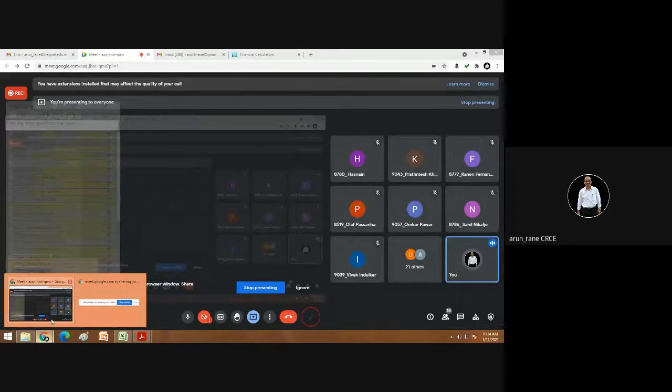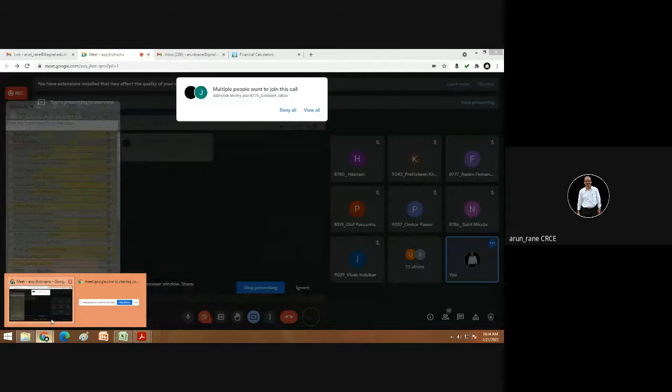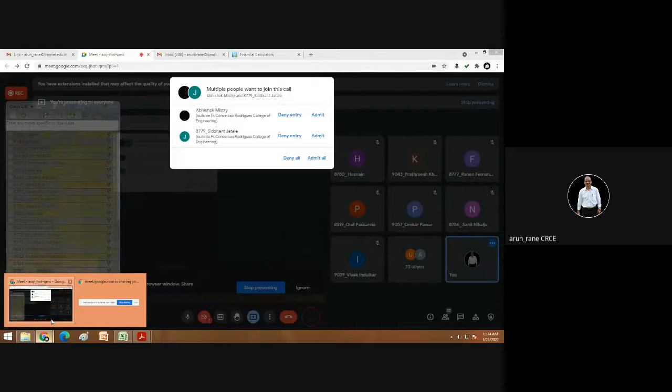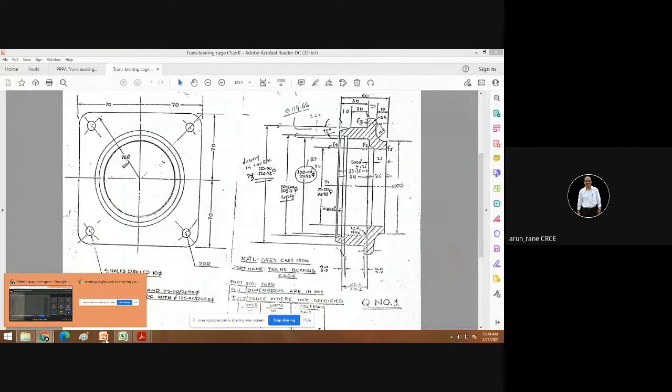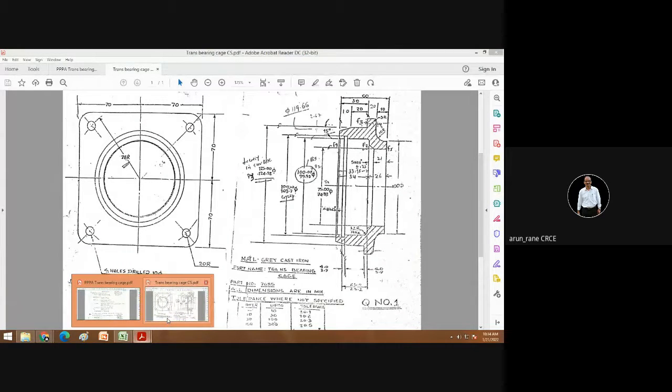So you have divided into 3 parts and you are adding it. Now if you get this weight as 3 kilo, then your finished weight will be 3 into 1.25, that is 25% more.